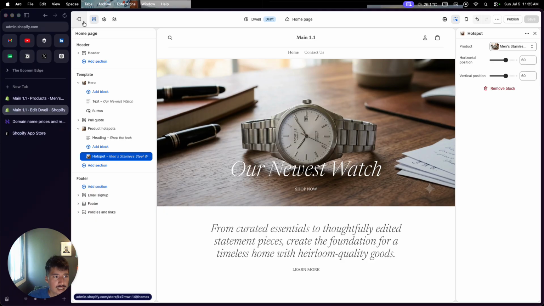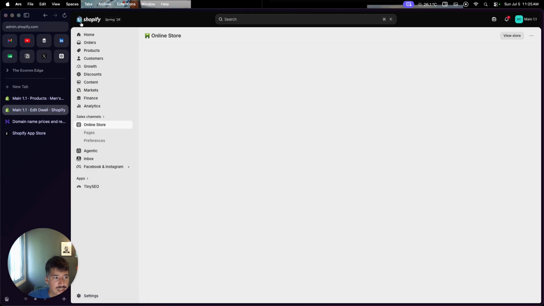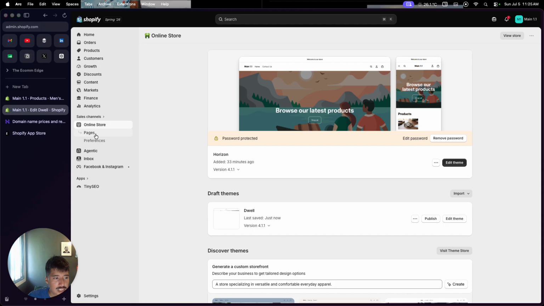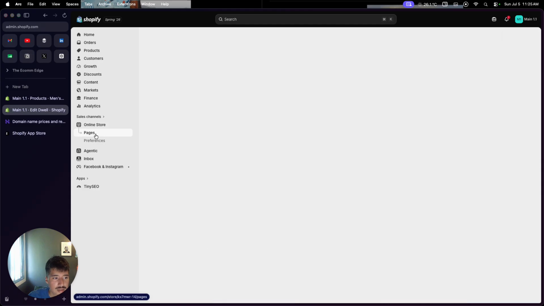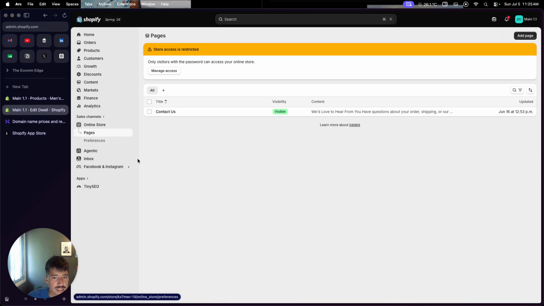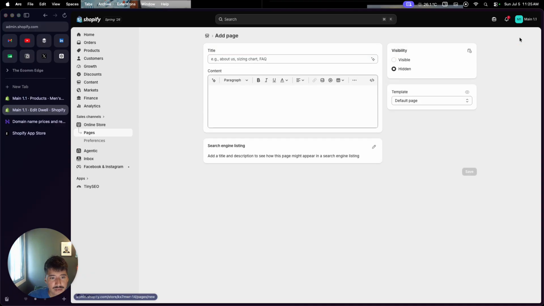So when you click pages, you'll have the option now to add a page on the top right. So you want to select add page, and then from here you'll be able to select and add an about us page. You just want to make sure it's visible so that you can add it to your main menu. So visible,